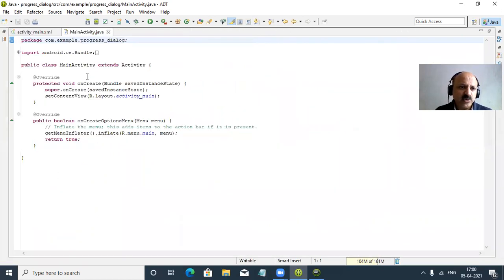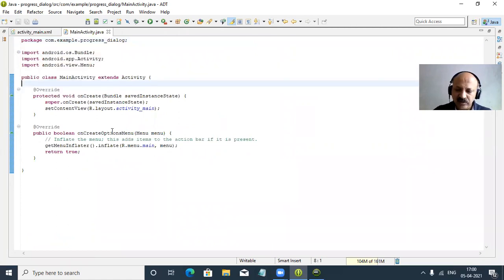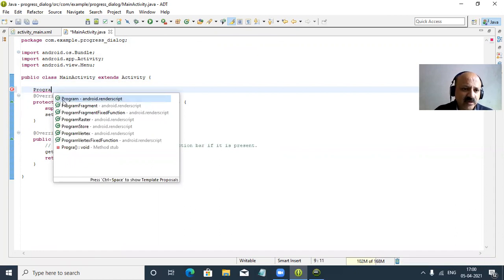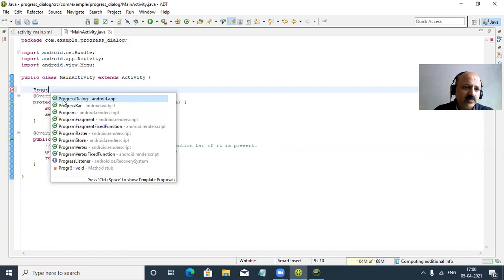Here first we take a reference of our ProgressDialog class. You can look here: the progress bar is in a different package, android.widget, and here it is the android.app package.